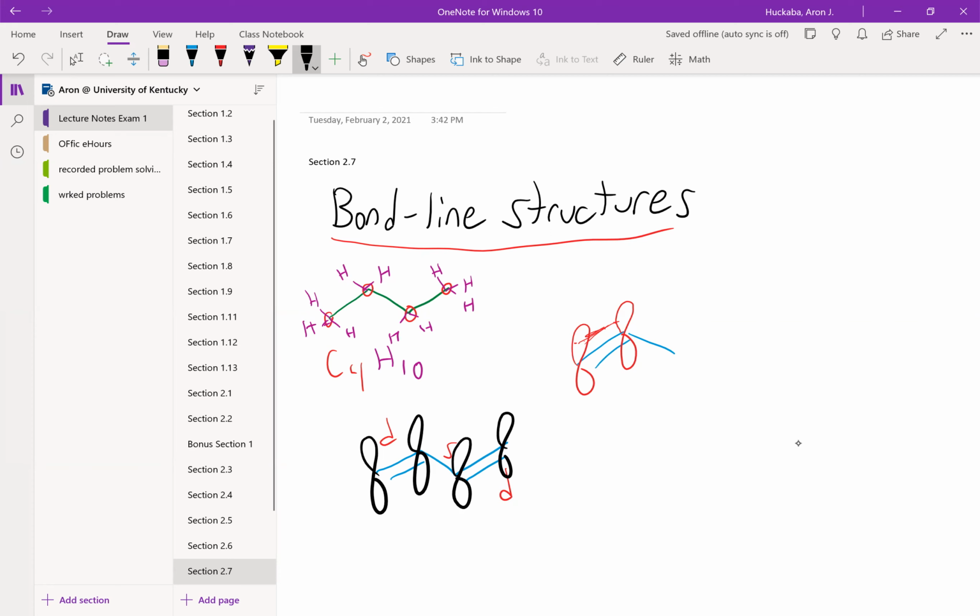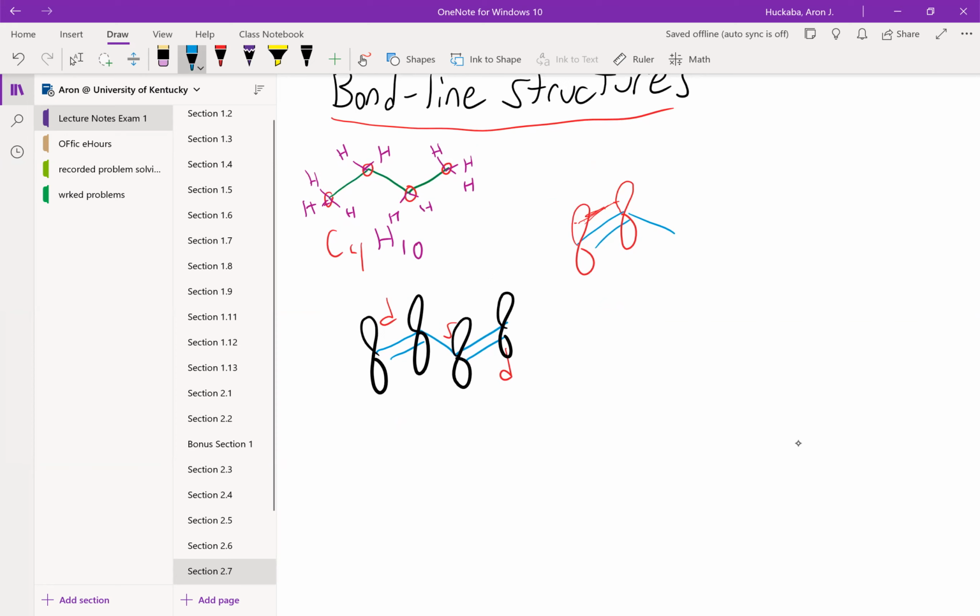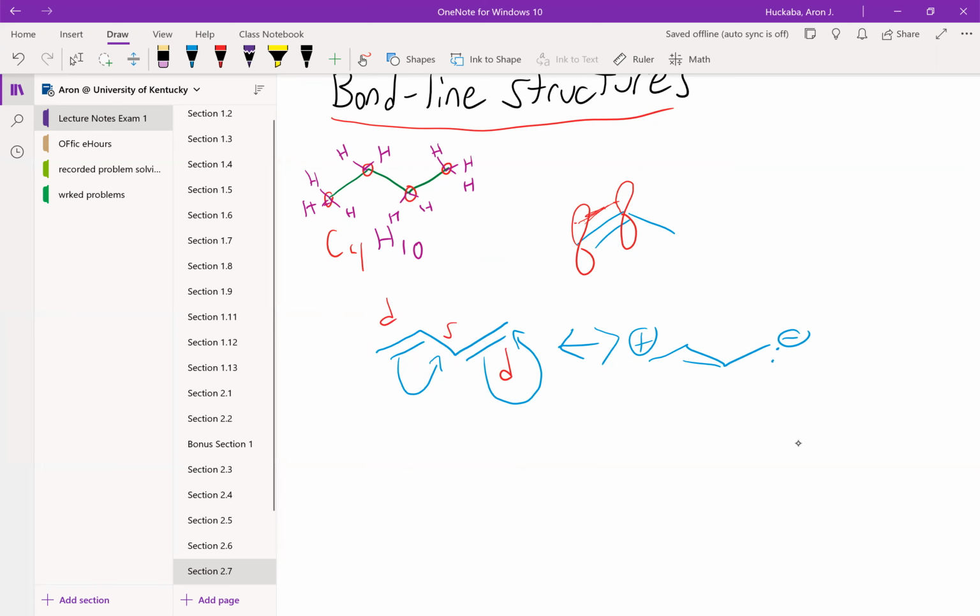In fact, that type of movement has a special name, and it's called resonance. Resonance is the term that we use for the movement of these pi electrons, such as this. And the reason why resonance is important is because without talking about the movement of pi electrons, we would completely miss the reactivity that could come from this